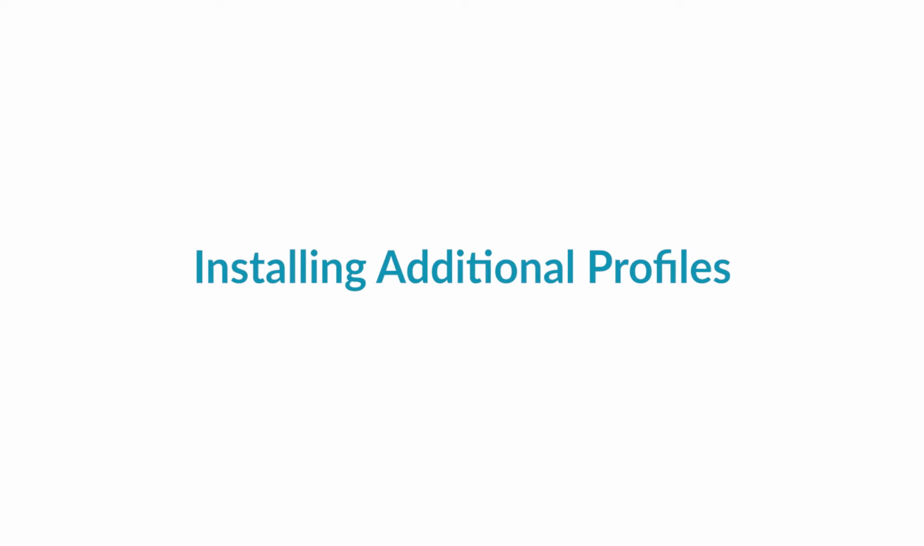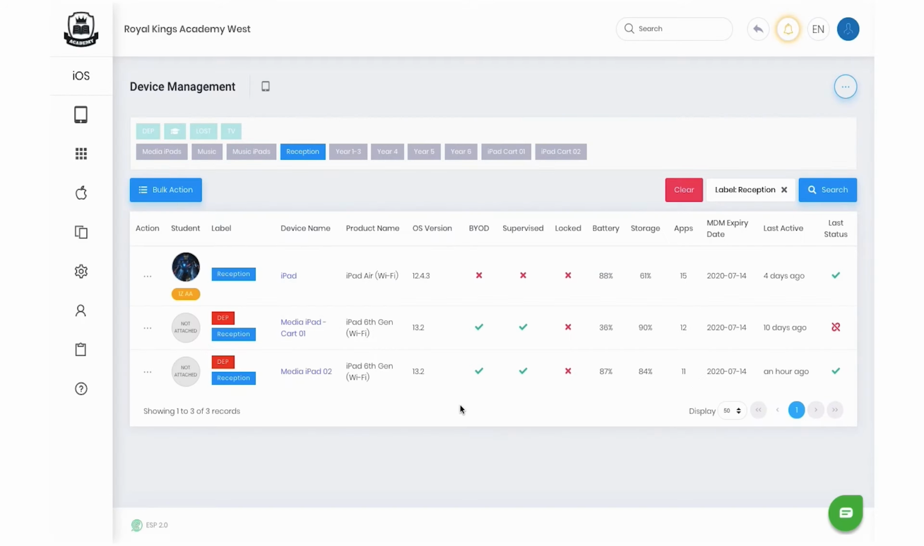Once you've enrolled your devices and you're happy with the initial blueprints, you will then probably want to push out additional profiles to the devices. So let's look at how you can add and create additional profiles and how you push them out to groups of devices. So to add a profile, you go to the Profiles option in the menu on the left, and